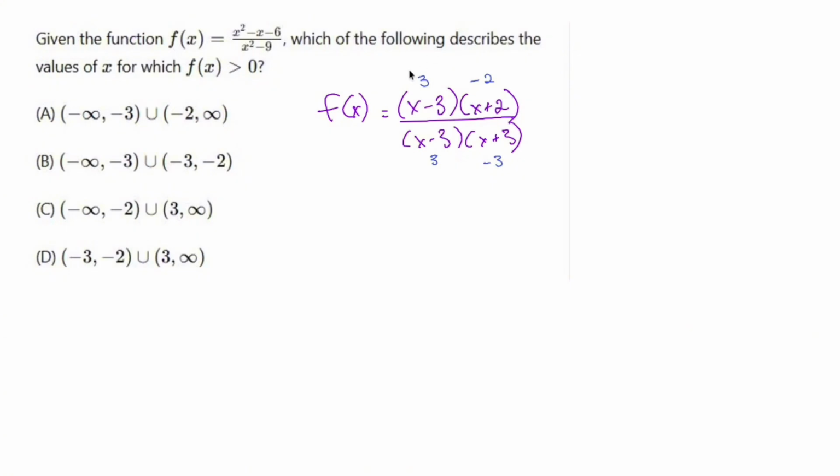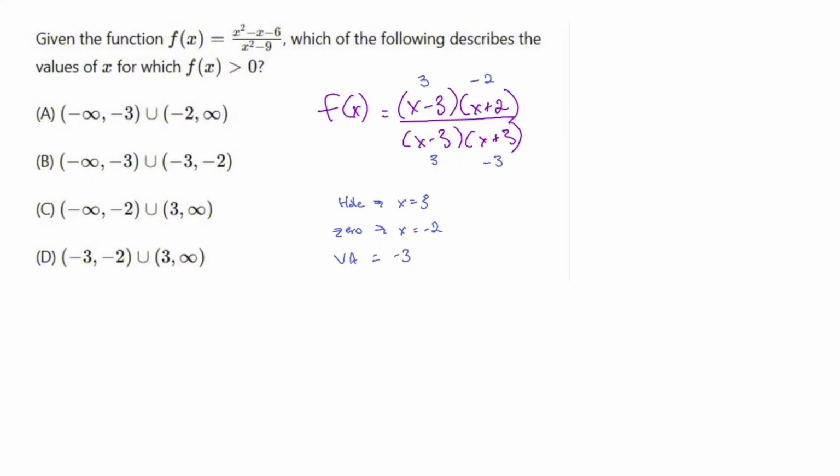So that would give you, let me see, 3 and 3 repeat, so we would have a hole at x equals 3 because we have repetition there, top and bottom. -2 is a magic number living alone in the numerator, so that is a 0 at x equals -2. And -3 is a magic number living alone in the denominator, so I'm going to have a vertical asymptote at